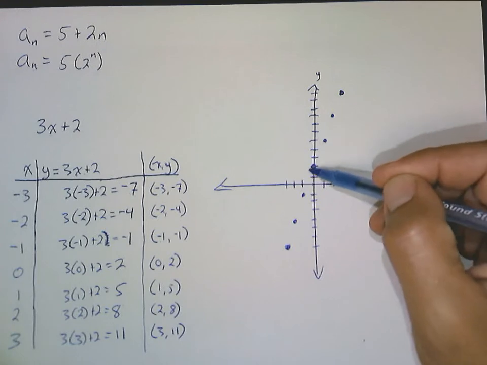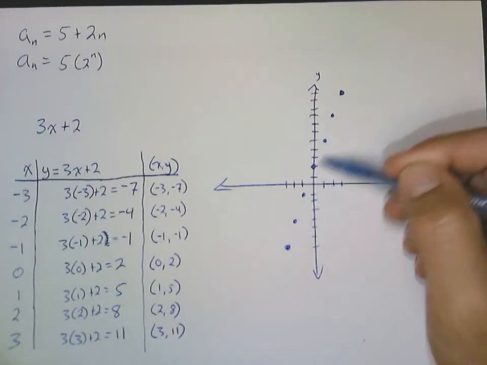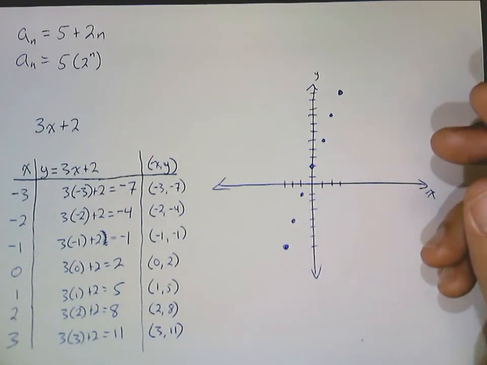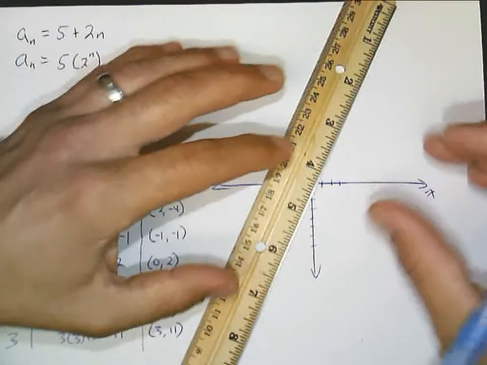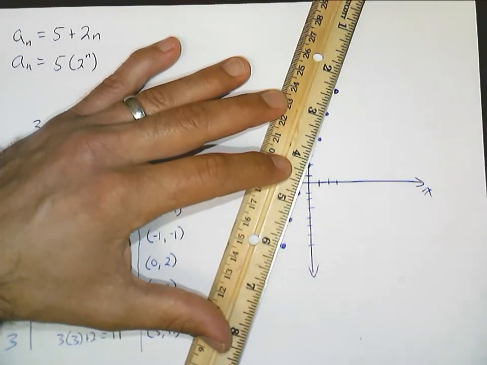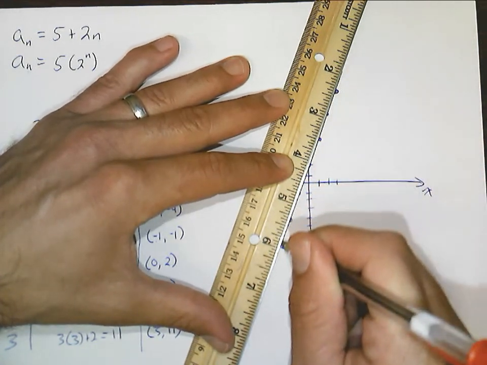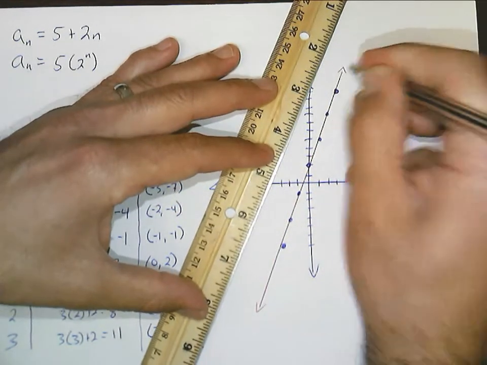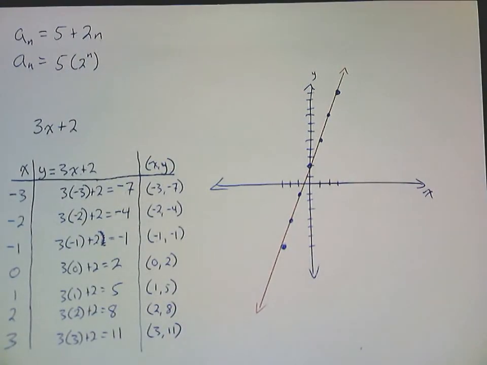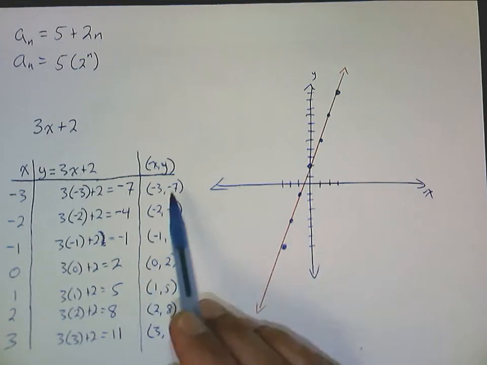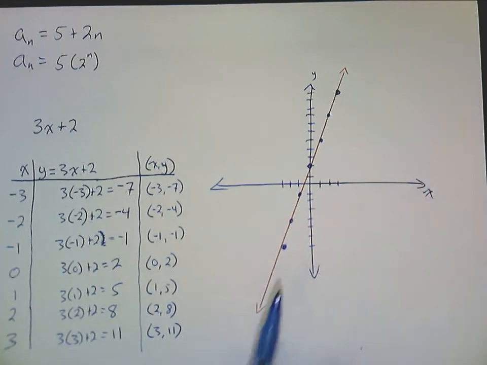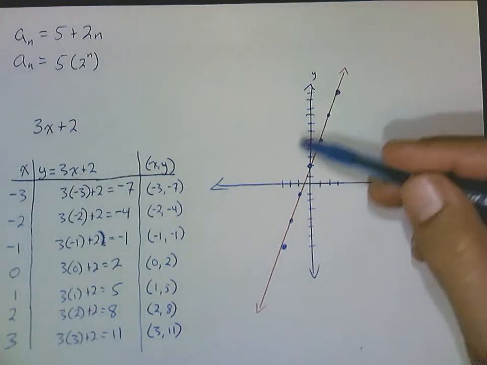We can hopefully see that these points kind of line up in a straight line, and then we could think about connecting the points with a straight line and even extending that line on forever in both directions. Okay. So now, we've graphed these points, we've kind of filled in between them and extended the trend out in both directions. But the big thing to get out of this, because I'm sure you guys have all done this before,